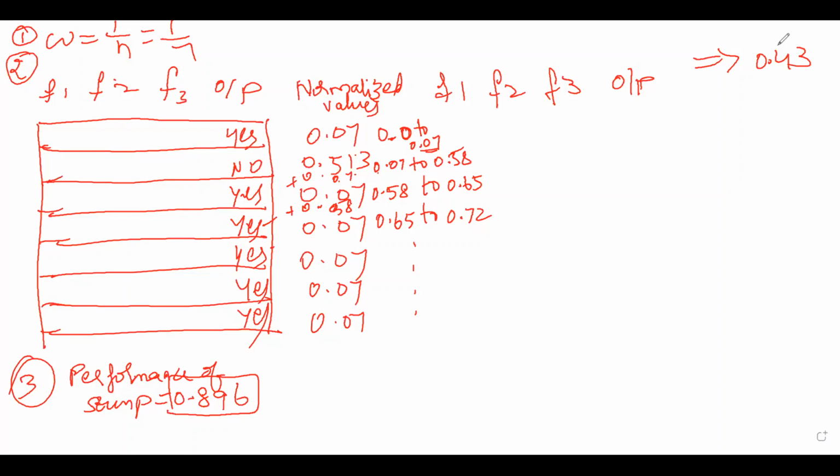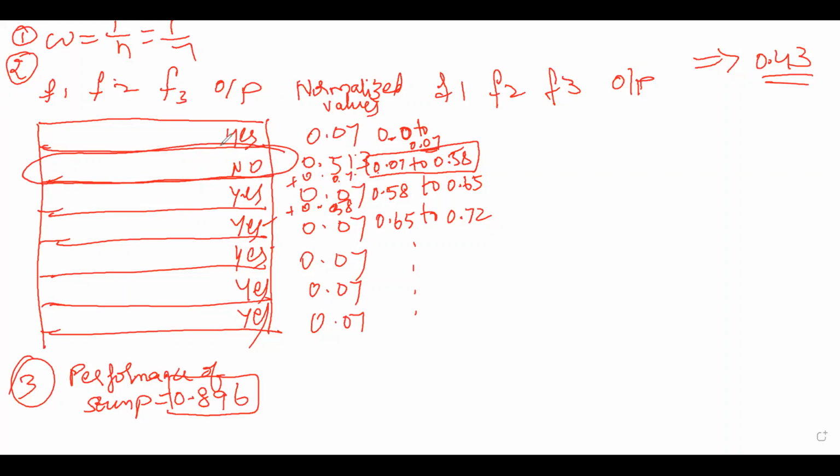Then it will see which bucket it falls into. Suppose this is the correct one. So 0.43 falls in the range between 0.07 and 0.58, which is the incorrect data,